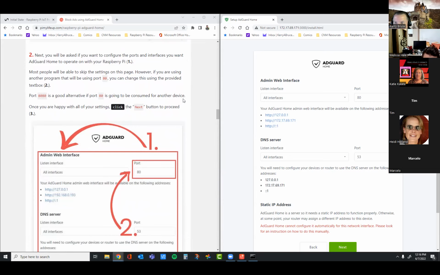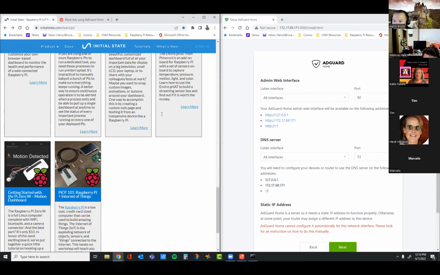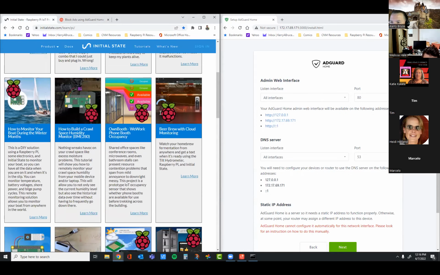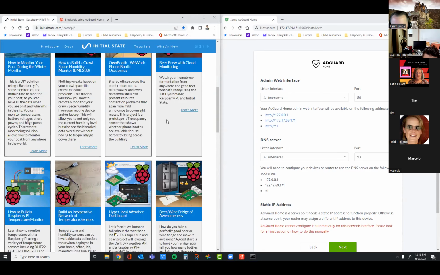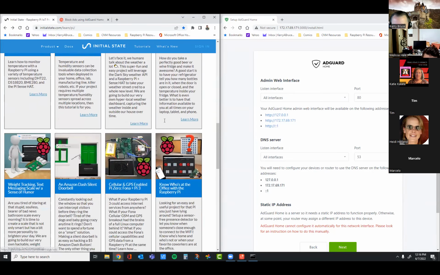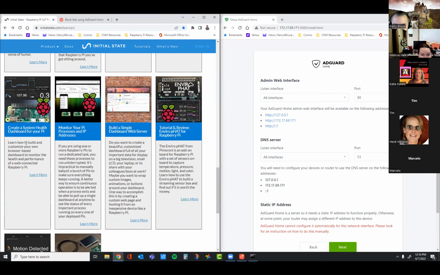Will this interfere with anything else we're doing if we leave it as 80? I just thought about that, so let's take a look. I'm glad I have this in the background. I had the same thought, wondering what port this other one is going to use. My point was, as long as we're here, we can change it now. I agree.